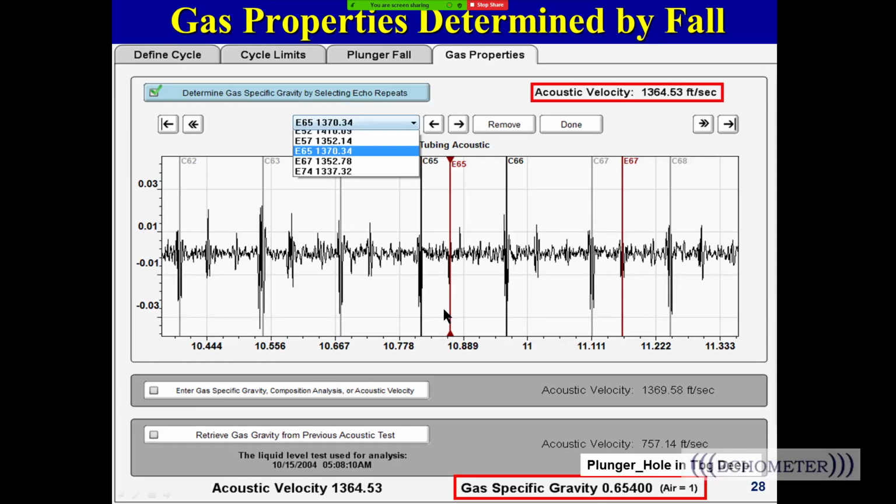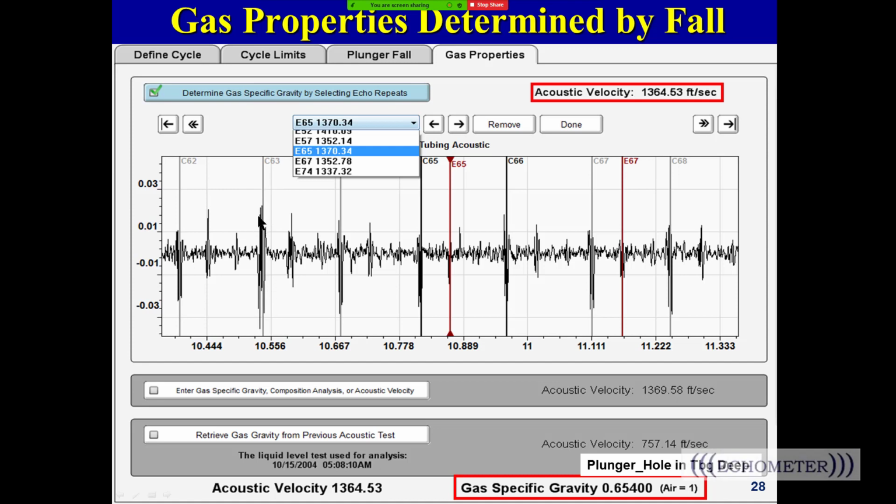This is another plot here of, I don't remember which well this is. I didn't put the name of the well, but you can see that it says plunger hole in tubing deep. So there's the name of this example well. And what I'm wanting to show you is that when the plunger goes by collar 63 and makes this pressure